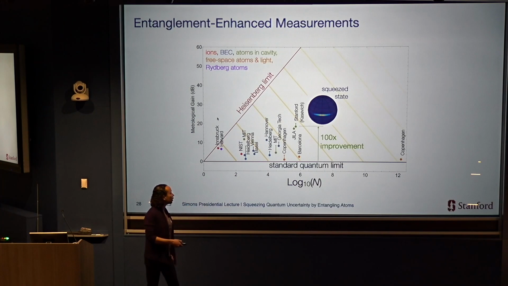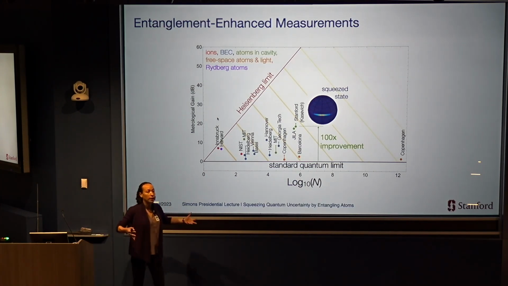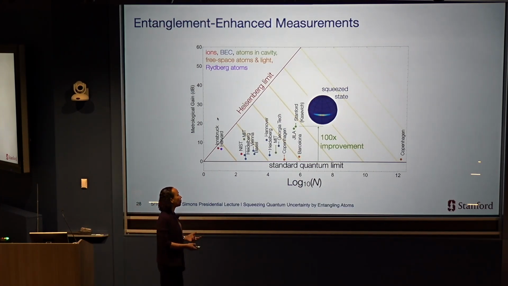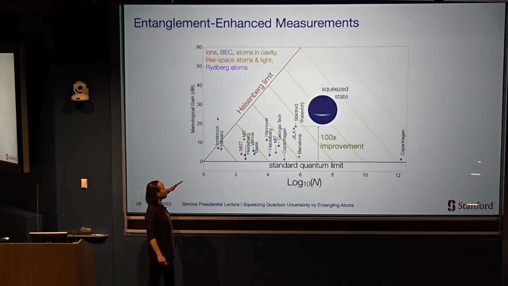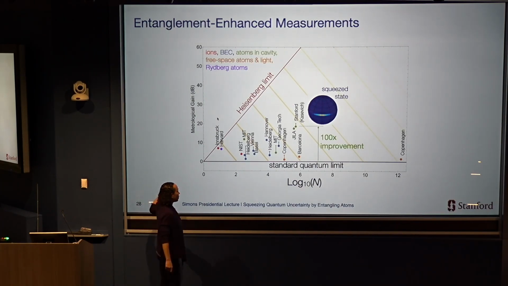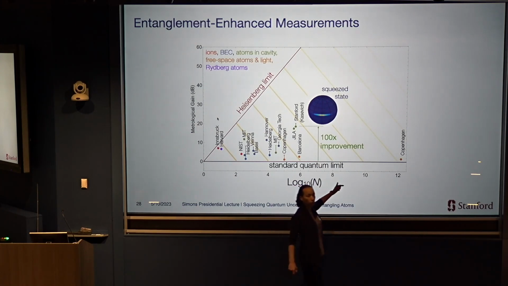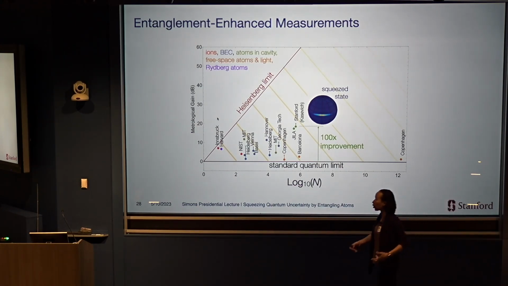And I've shown here a plot of a number of different experiments that have been able to demonstrate precision beyond this standard quantum limit, namely, precision enhanced by entanglement. So the red line here is the fundamental limit: if you have entanglement, the best precision you can get. Up is higher precision on this plot. Horizontal is just the number of particles. If I have more particles, I get better statistics. So that's good as a starting point.